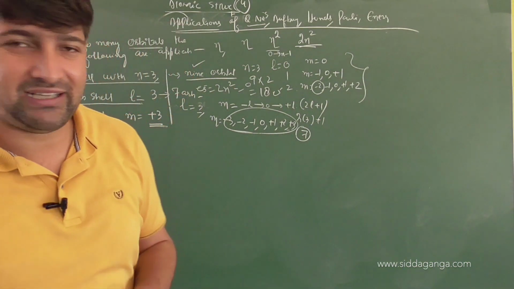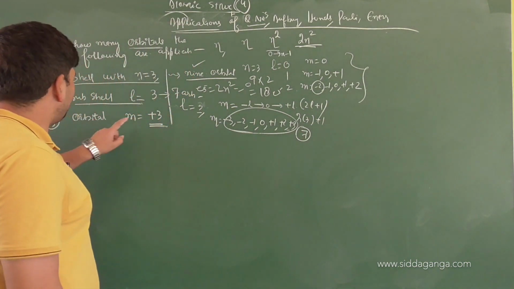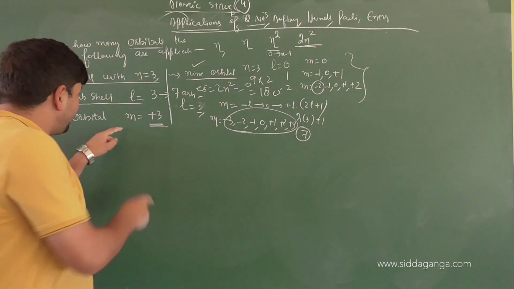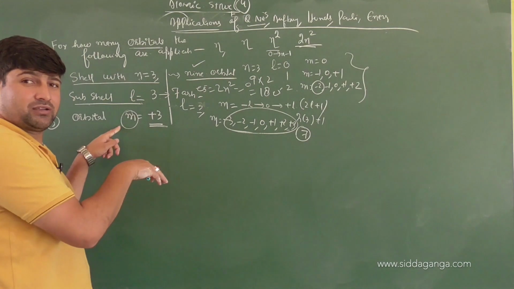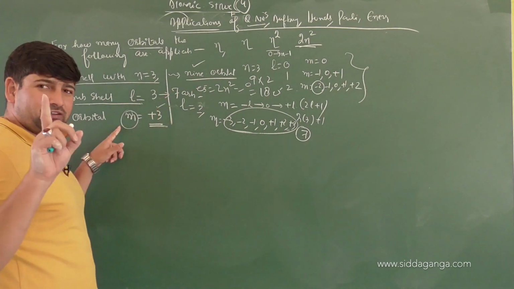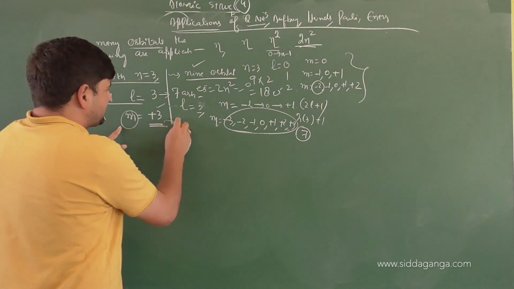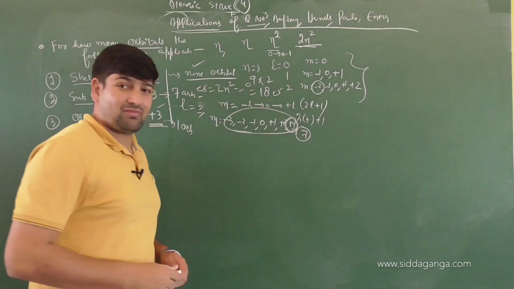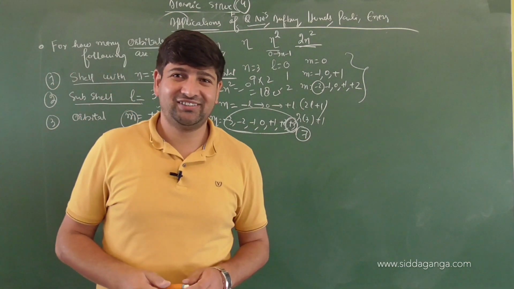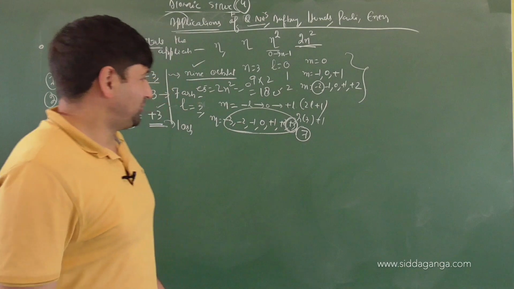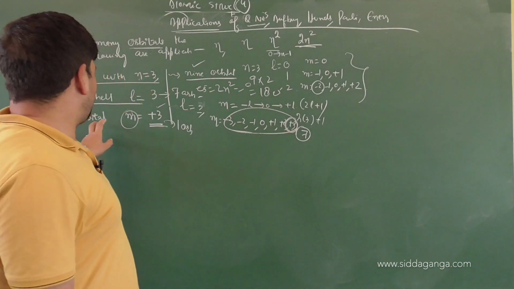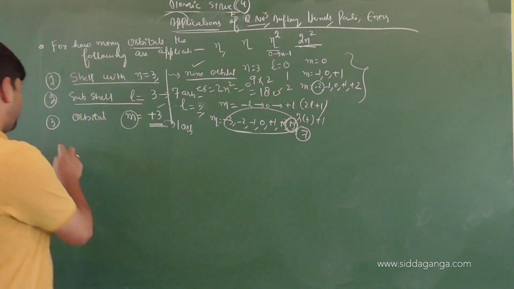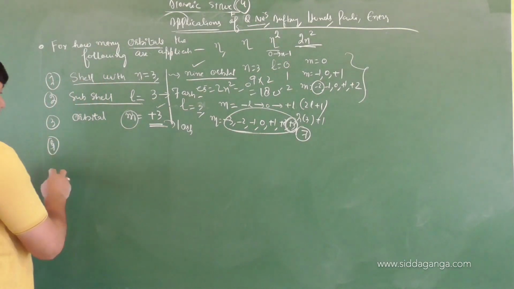Am I clear with the thought here? Excellent. And third one, orbital with m value equals to plus 3. So already the value given to you is plus 3. So it is already the m value. m itself indicates what? Orbital. So how many values are given? Only one value. That's applicable to one orbital. That's here, plus 3. Did you understand it or not? Clearly? Very good. So orbitals with m value plus 3, it's applicable to 1 orbital.